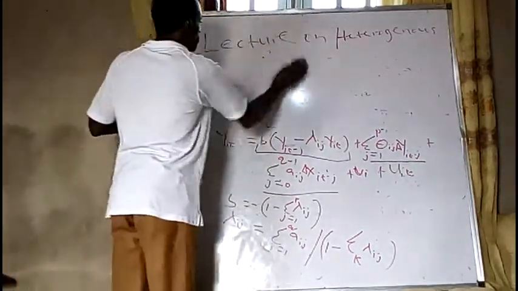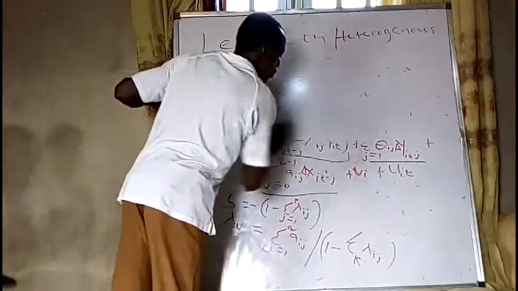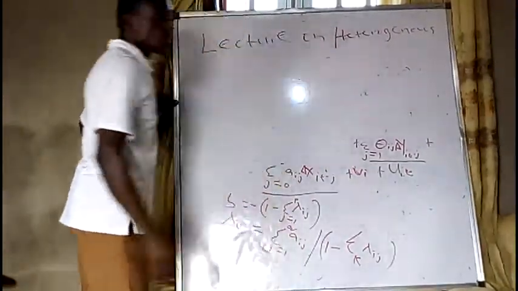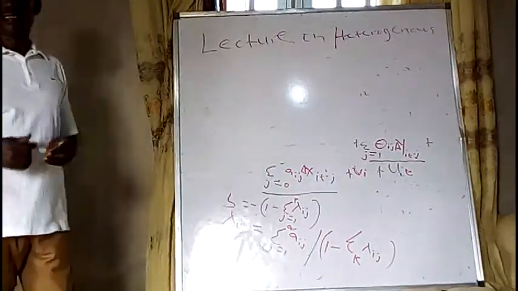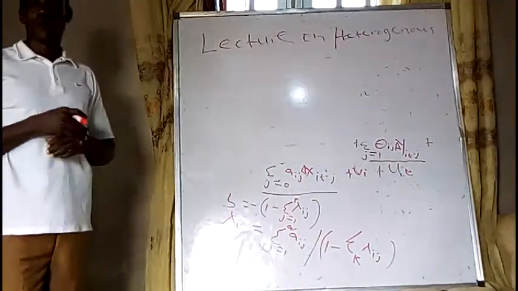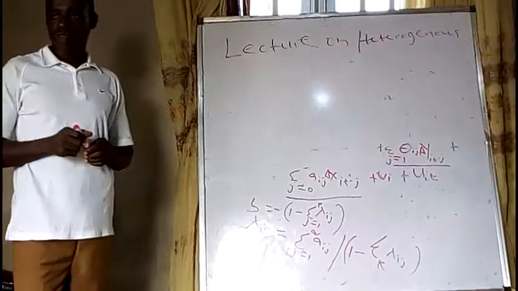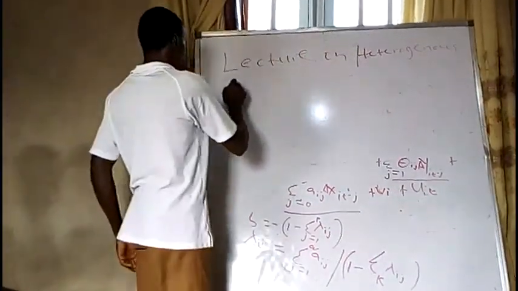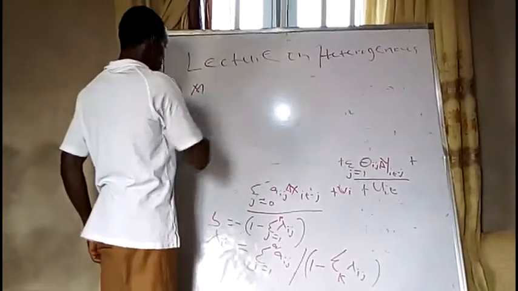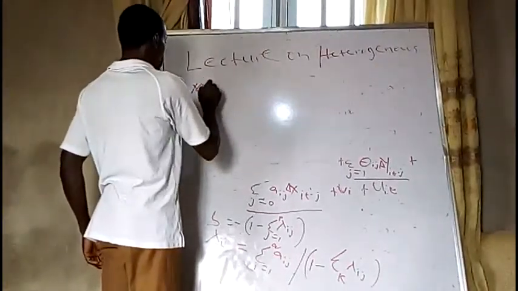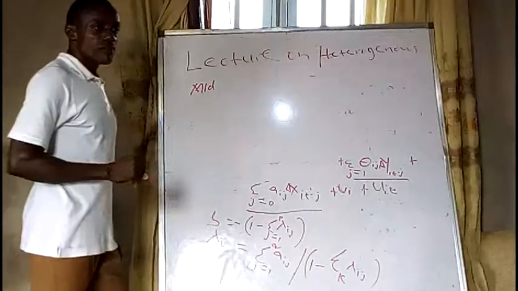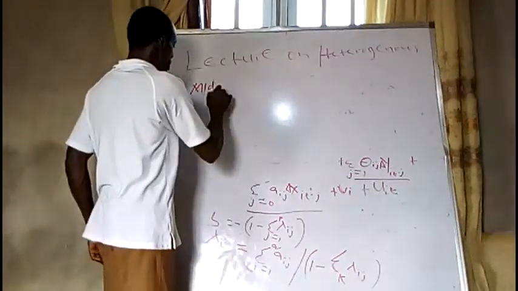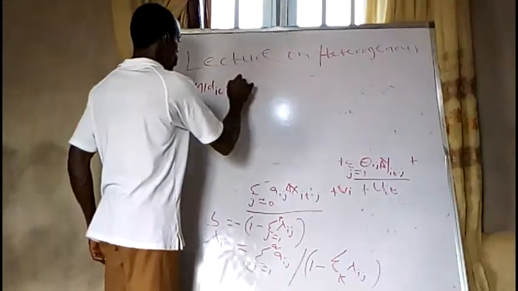Meaning that we have market index as a function of some other variables. Market index, which is MID, defined as market index, is equal to,